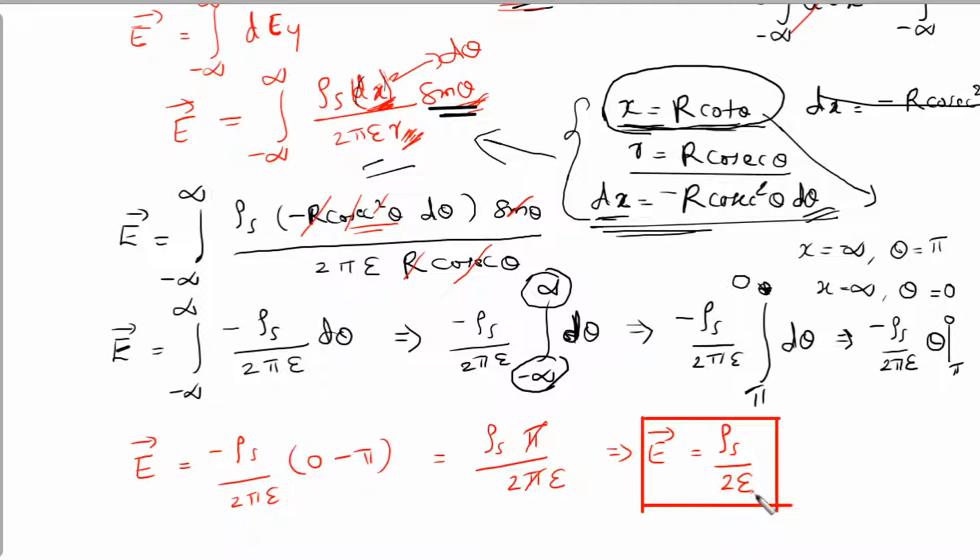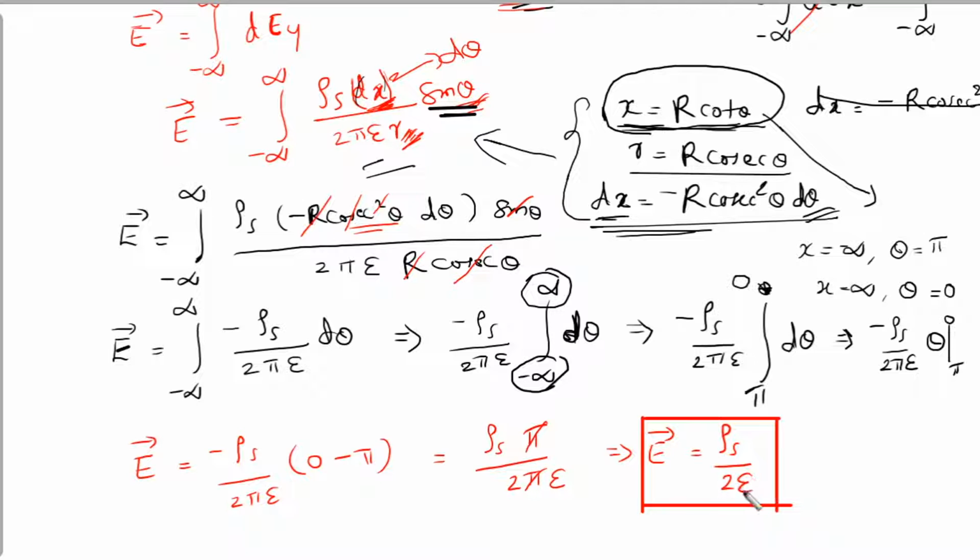Okay, now one important point here. A few students might have noticed already. E is a vector, but on the right hand side, I have a scalar. Direction is not there. See, this is a scalar quantity. This will be some value. So E vector equal to a scalar. Is that possible? A vector should always have magnitude and direction, no?